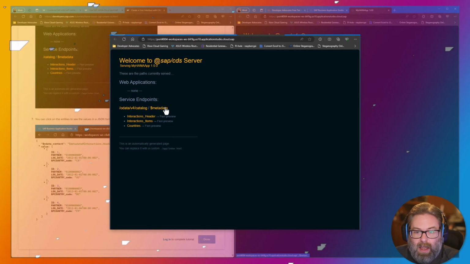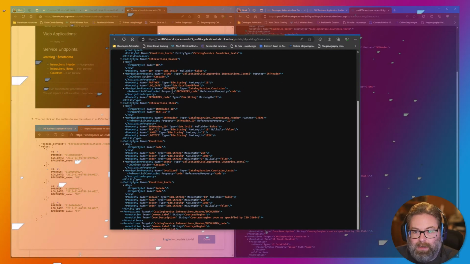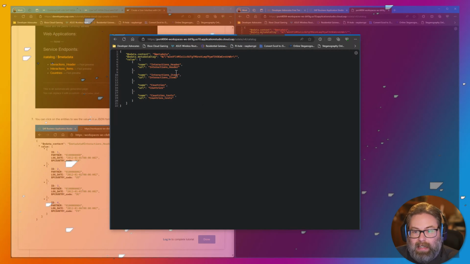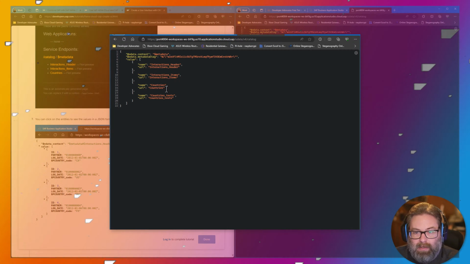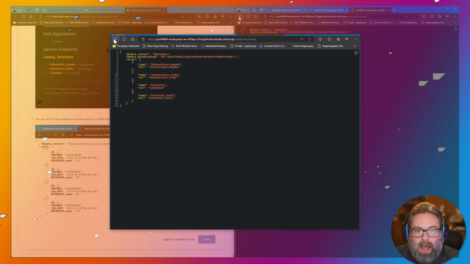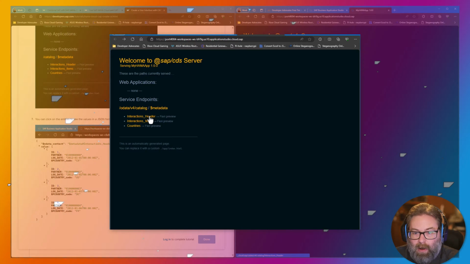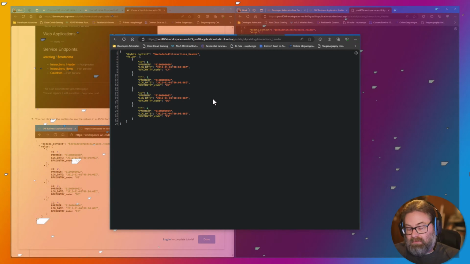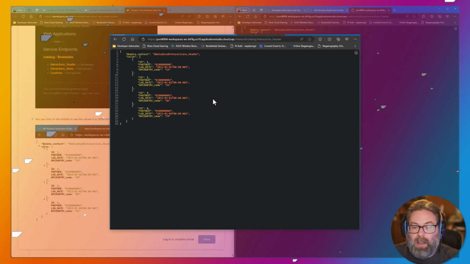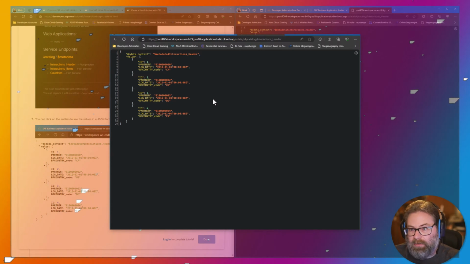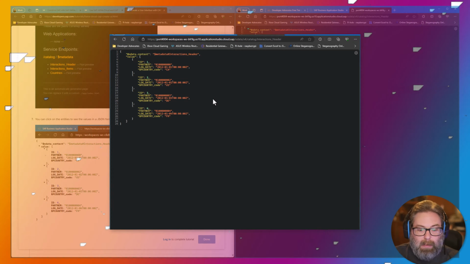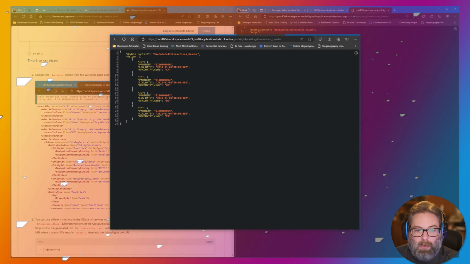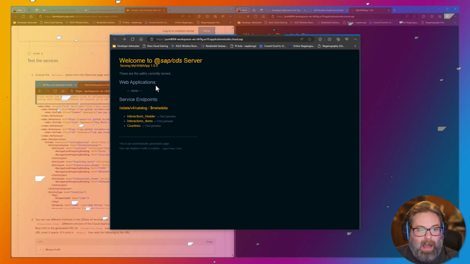From here, we can go ahead and test our service. For instance, I can look at the metadata of my OData service, all generated by the Cloud Application Programming Model for me. I can look at the entities that are exposed, the header, the item, the country text, and I can look at the data. So I want to look at the header data, and this data is coming from the back-end HANA database, but coming through the service, the Node.js service that's running inside the shell temporarily in the SAP Business Application Studio. So this is once again a great way to do some local testing.